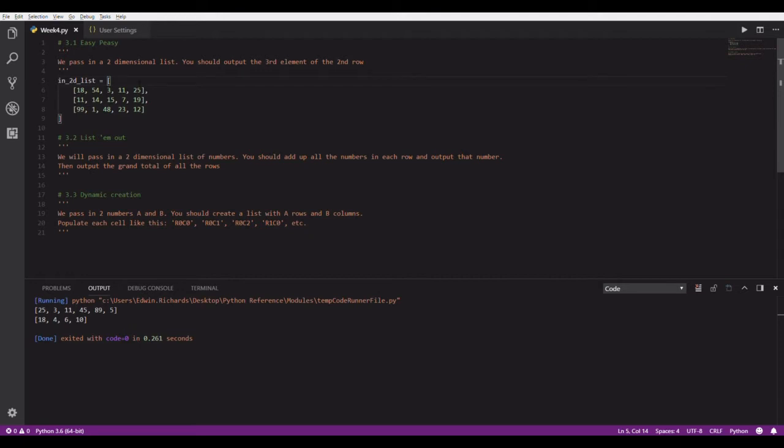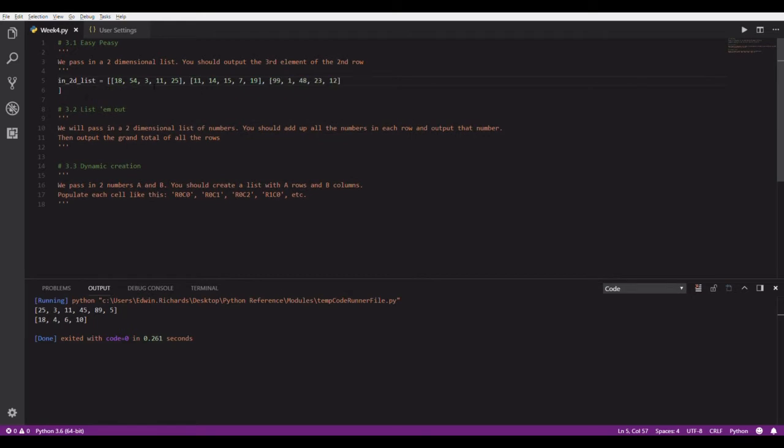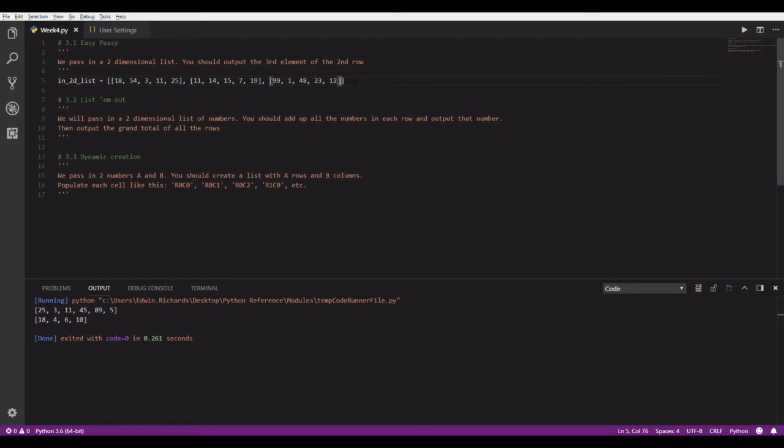So notice we declare a list with our square brackets, opening, closing square bracket, just like this. Now remember, everything inside of it needs to be separated by a comma. So here's a list separated by a comma, another list separated by a comma, and the third list. So basically this is a list of lists, and it may be more easily visualized like this too. You can see, here's my list, and I've got 3 elements inside this main list,